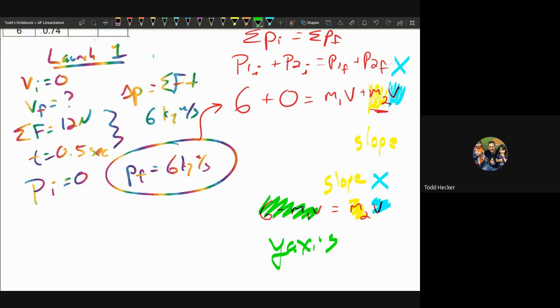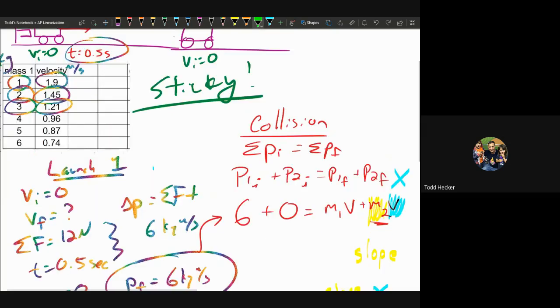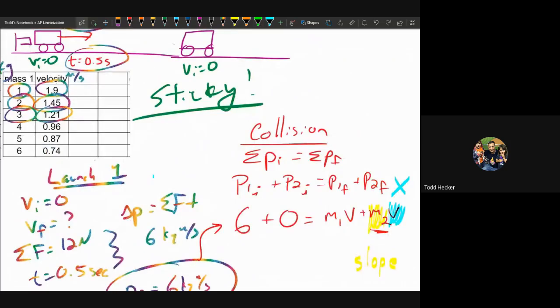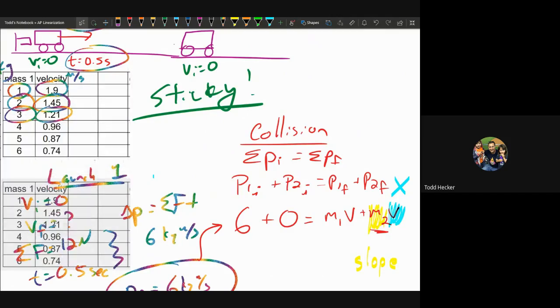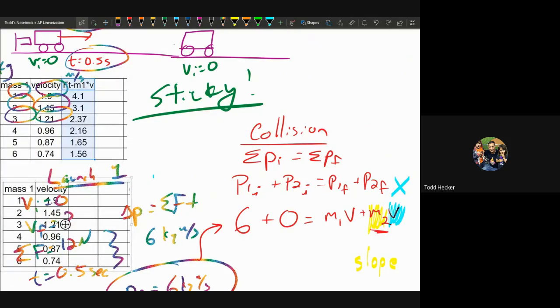All right, so what I'm going to do is make a new data table here. So here's my old data table, and here's my new data table. Notice it's ft, which was my impulse, 6 minus m1 times v. So if you graph this data table,